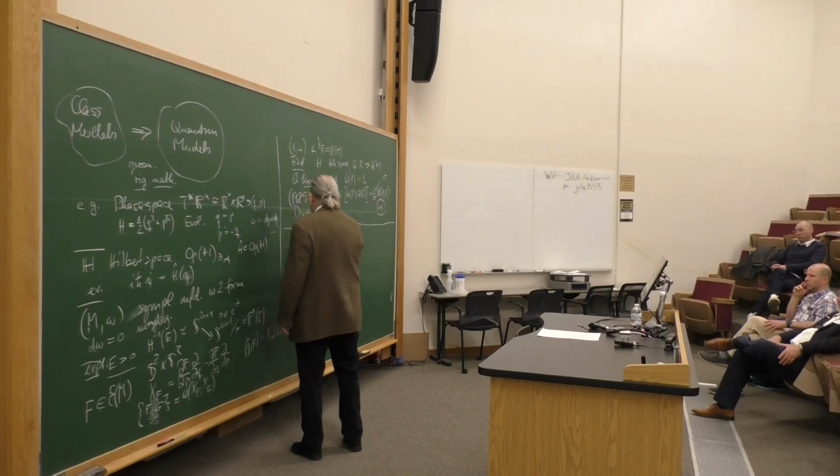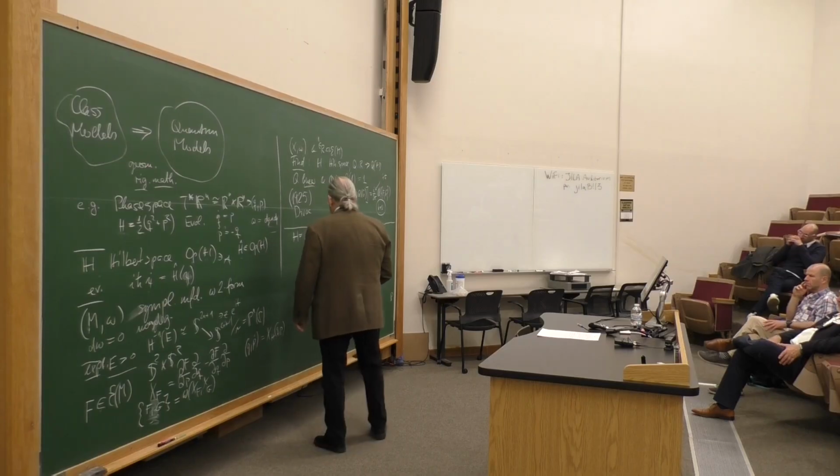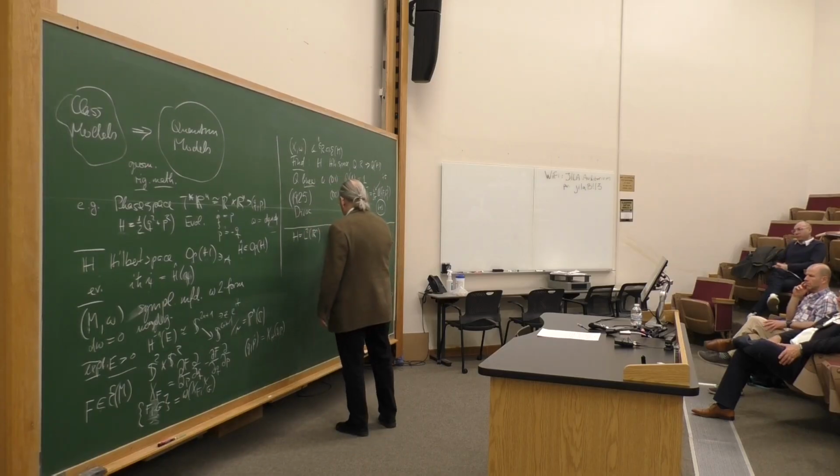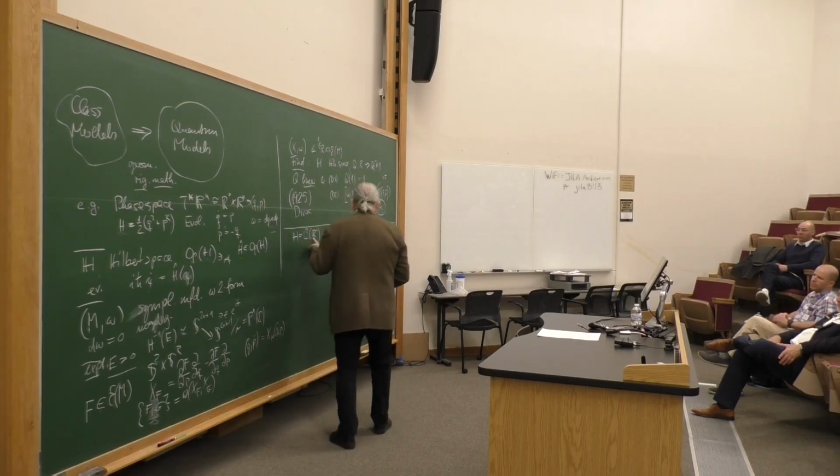The Hilbert space is the L2 space of R^n, and I call it Q of little q. Psi is now a function on R^n, the wave function,